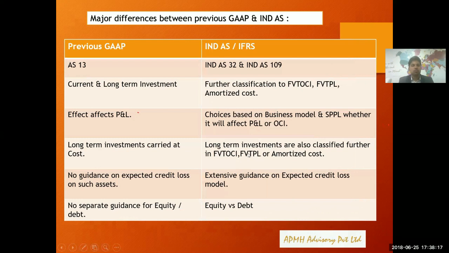This is how the earlier GAAP was pretty simple, where you were just focusing on cost. You were just valuing your financial instrument at transaction value rather than at FVTOCI, FVTPL or amortized cost types of classification or measurement. So that was pretty simple, but now of course you will have to do this kind of exercise wherein you will bifurcate your financial instruments into different categories, and then you will classify and